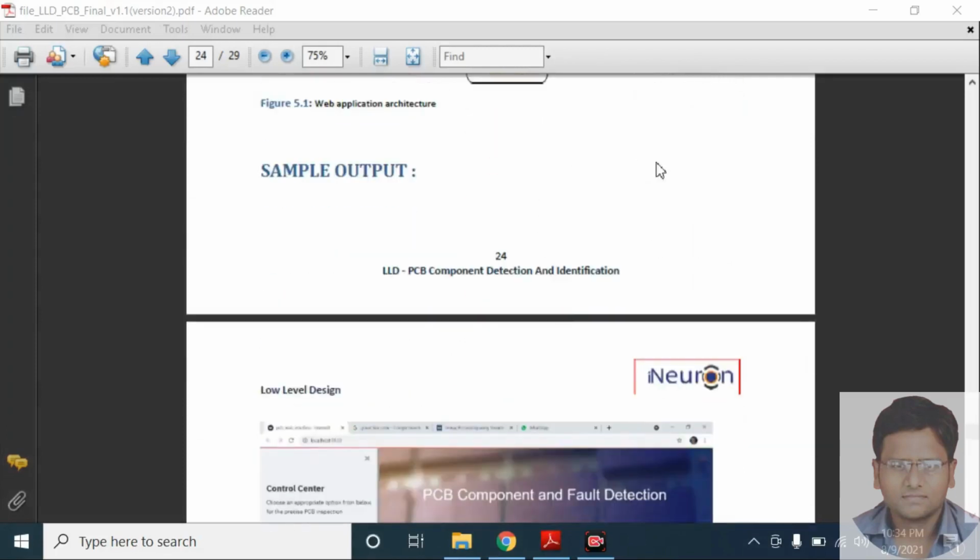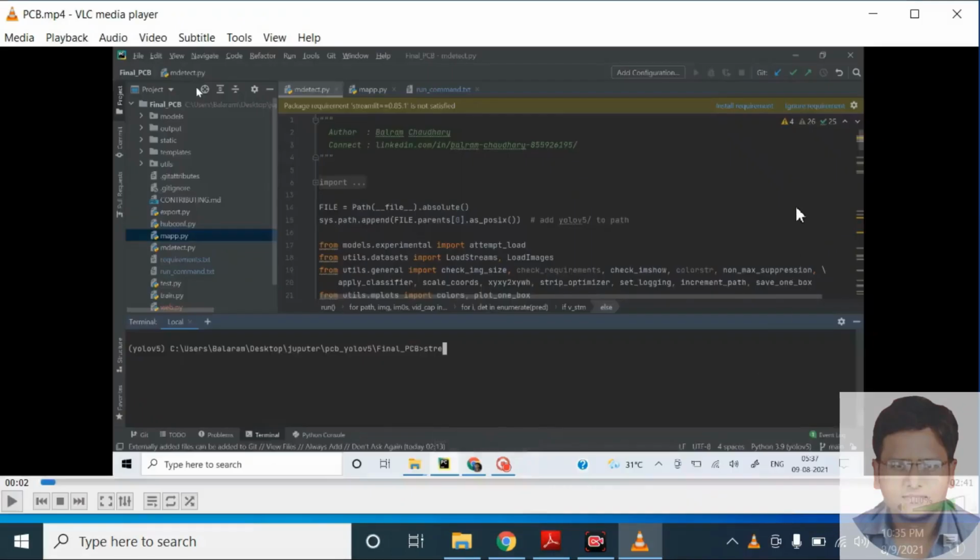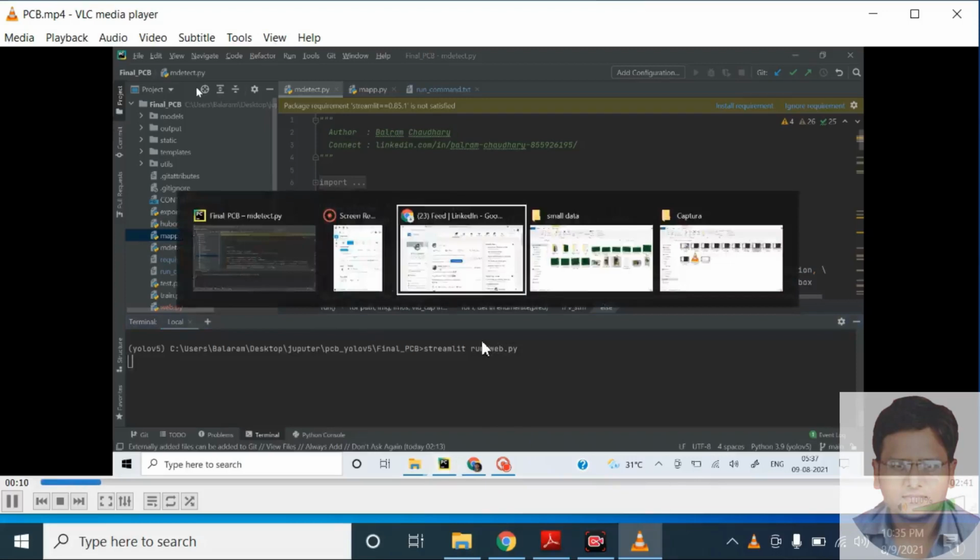For the web application, sample output will be like this. We can see in this image. Web application output will be like this, as we have used Streamlit runweb.py to run this entire application.